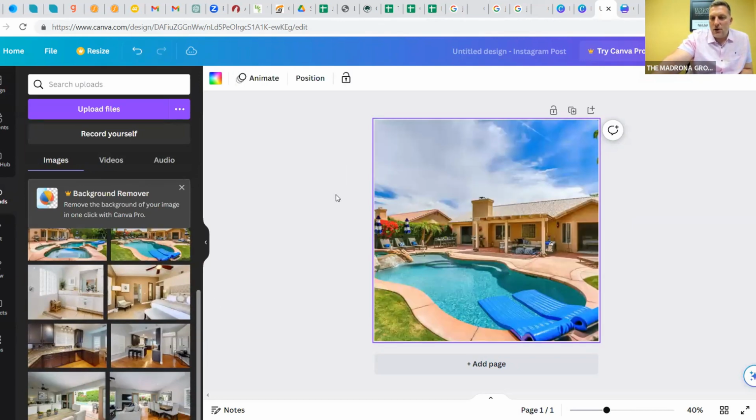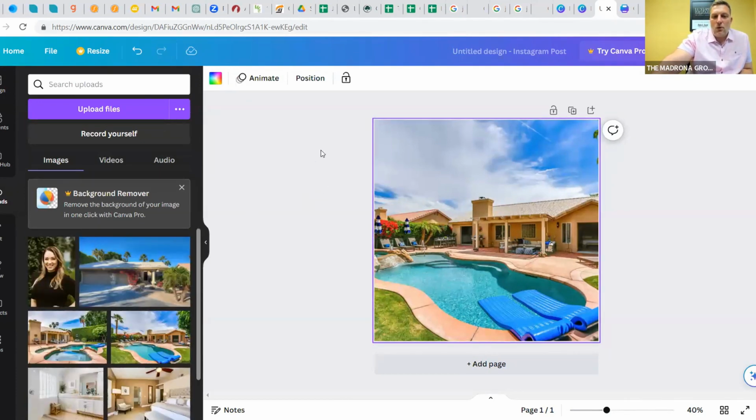Just pull your image over and you're good to go, or you could just load it into Instagram. But if you want to create something a little bit unique, like typically just listed or just sold or congratulations with your clients, or something of this nature, then